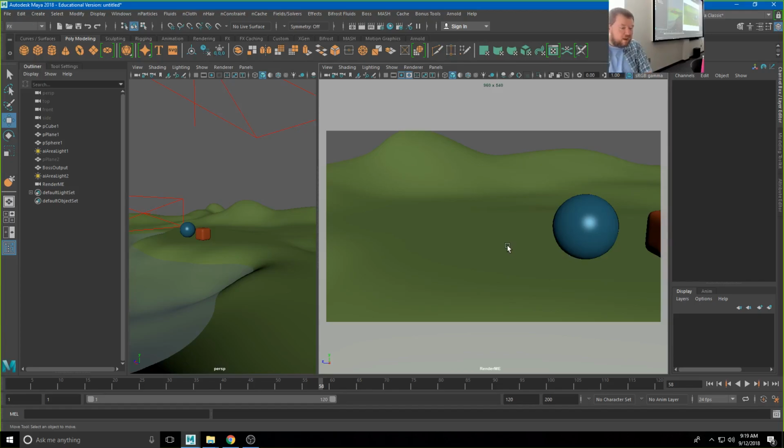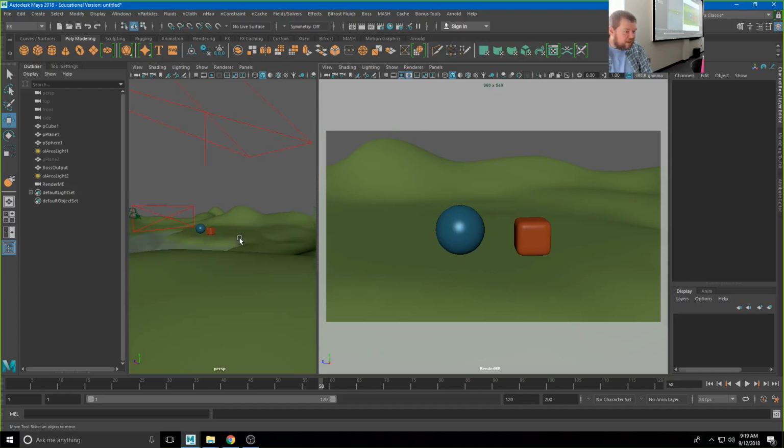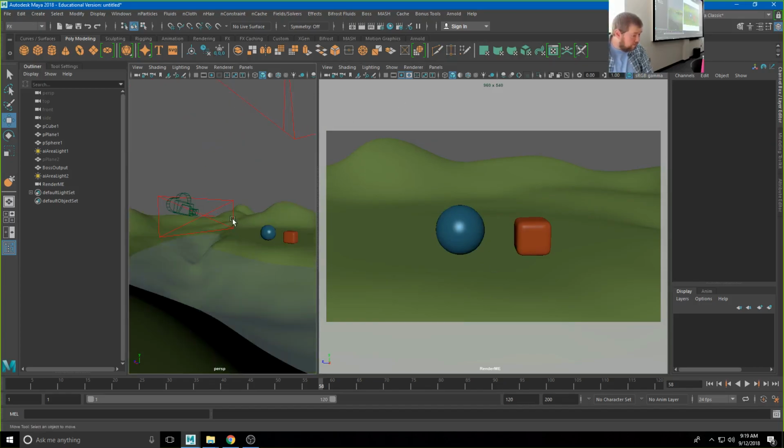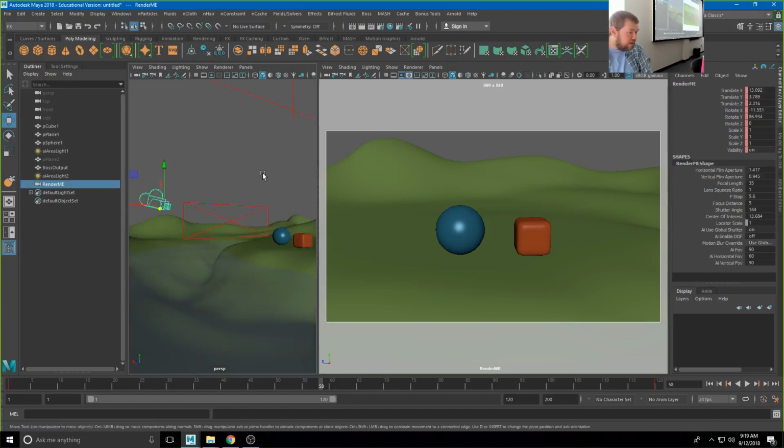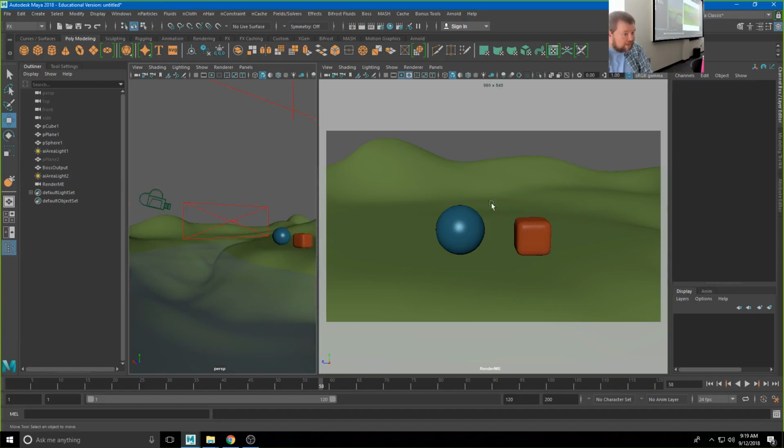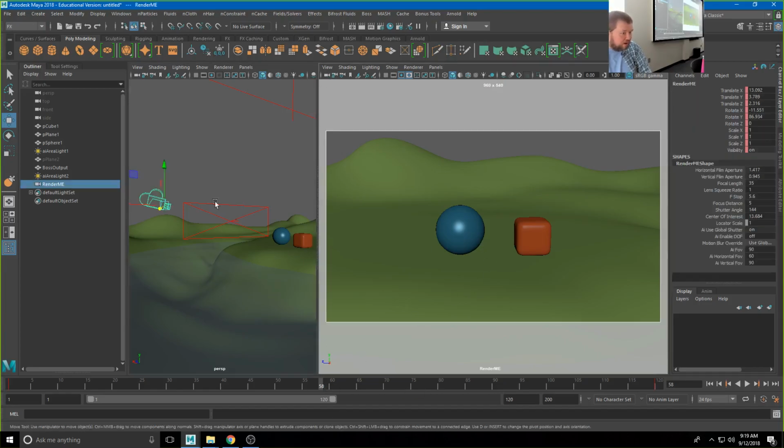in the world, right? So I can always go in here and adjust my camera, put it something like this, and as long as my camera is still selected, it's not. So I can either select my camera here to set a new keyframe, or while in this camera, I can click this button up here at the top, which will select the camera I am currently in. Right? And since I put it in a new location, I can hit S, and so now I have